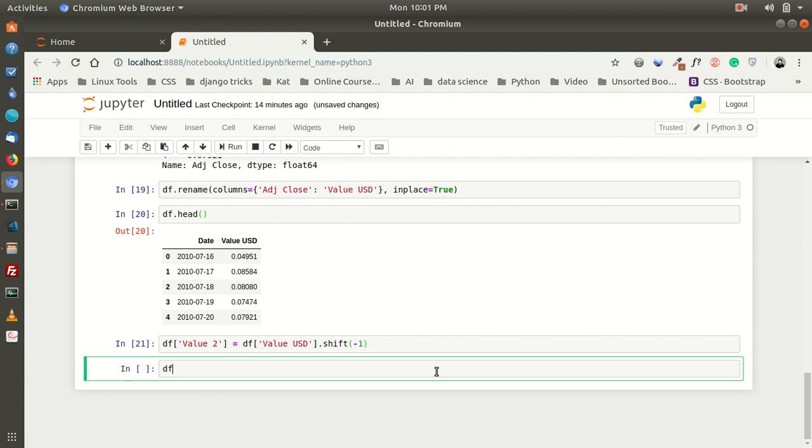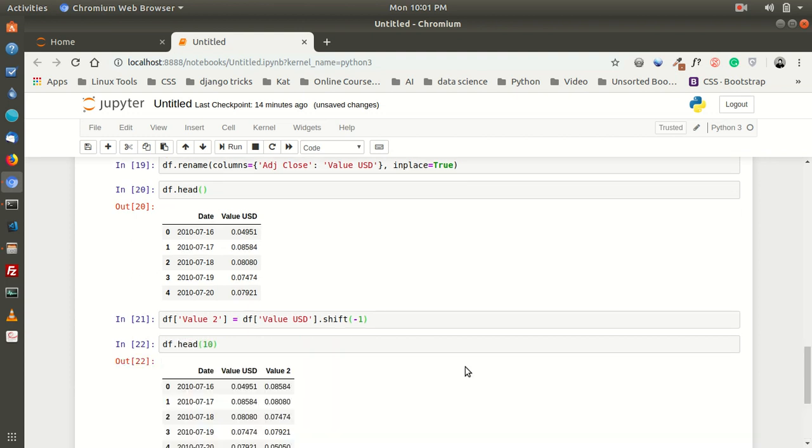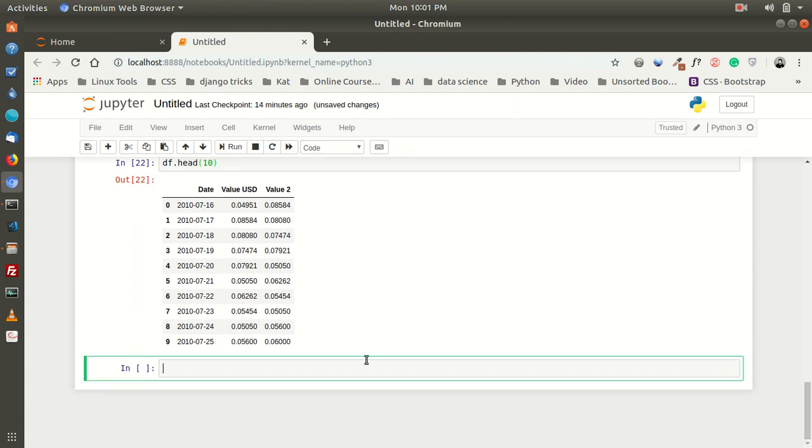So what that actually does, if I just show you the first 10 rows, it takes the value here and shifts it up. Basically, this is the same as this, this is the same as this. So if you're looking at today's value, value USD, the opposite on value 2 is tomorrow's value. So you can compare today's and tomorrow's value without working with a single row looking down, which